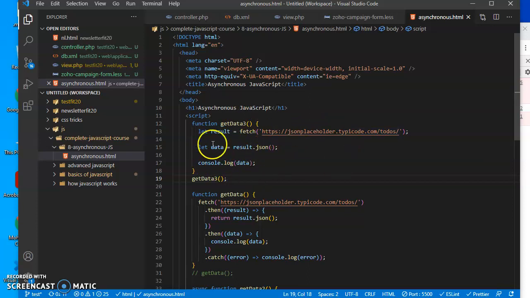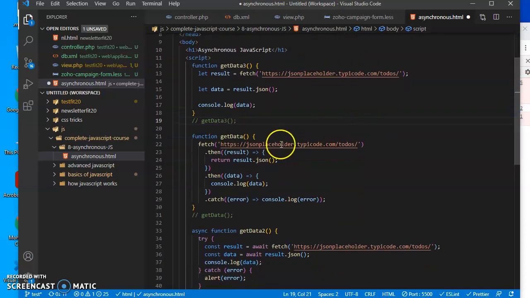So how do we fix this in JavaScript, how can we work with asynchronous functions? There are two ways: one with promises and one with async await. Let's check the promises. Promises look like this. This is exactly the same function, getData. We call the fetch function, but when we finish calling, we put .then. It means don't do anything until this finishes. When we get the result of this, I want you to continue with .then, and then it's a function, and the